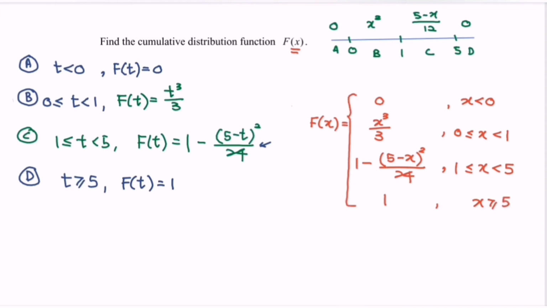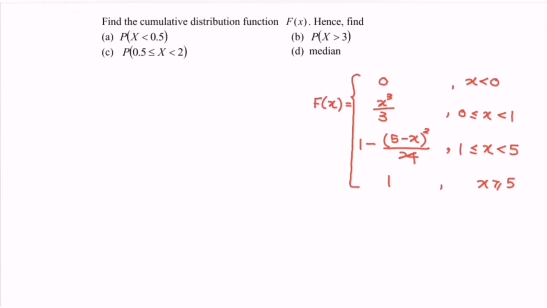So here we have the cumulative distribution function. Next, the second part. Hence, find the probability that x is less than 0.5. By referring to the cumulative distribution function, we notice that 0.5 is located at the second function, where we have 0 until 1. So by using F(0.5), where we have the cumulative distribution function,